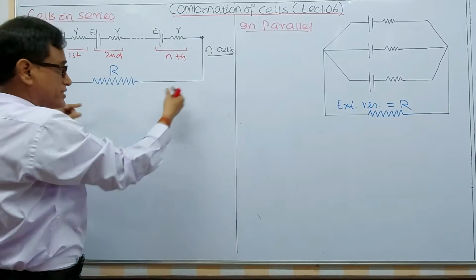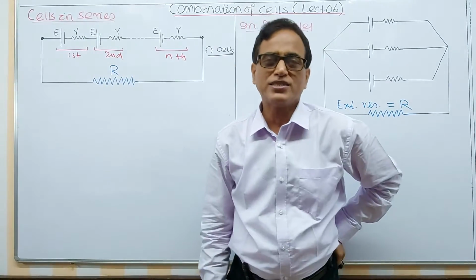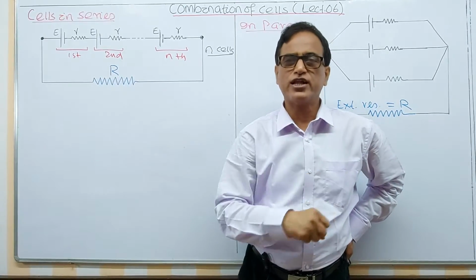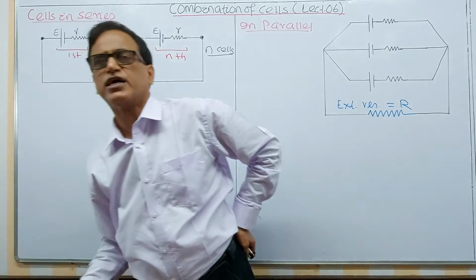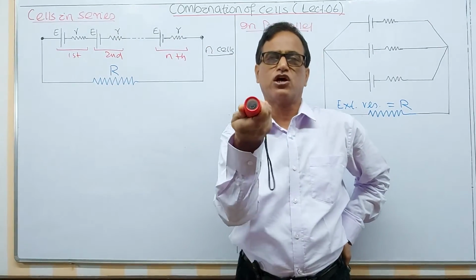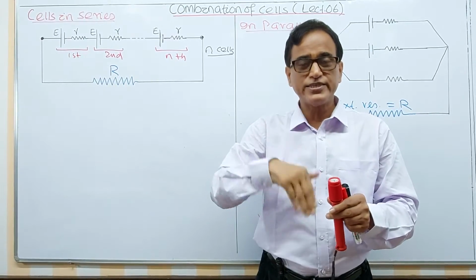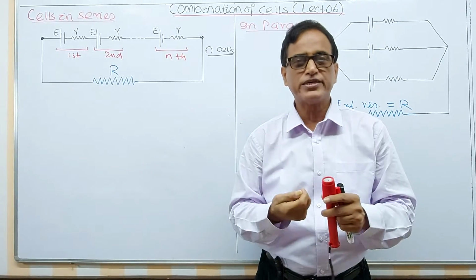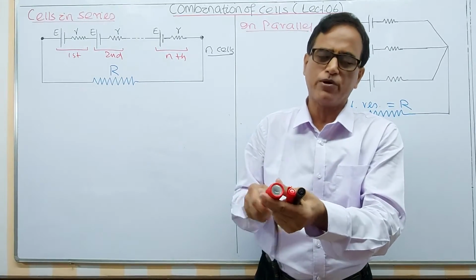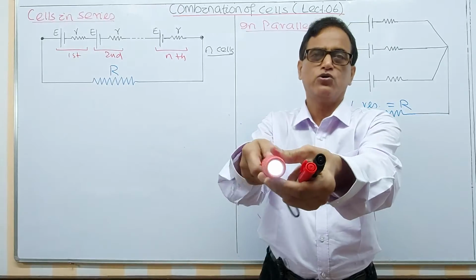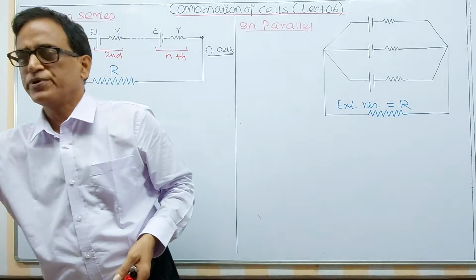Now the total system is connected to the external resistance. You may ask me, why should you connect the external resistance? What is that resistance actually? I have shown you the simplest application you have, that is the electric torch, in which the cells are connected in series and the series combination is connected to a bulb which is glowing inside this. This is a bulb, we can say. The bulb glows actually due to the series combination.